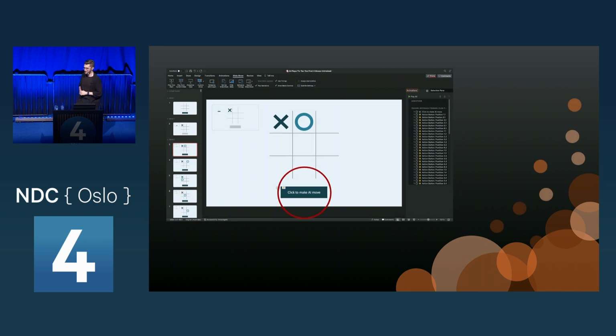Just like the human player, the AI's turn has a collection of invisible shapes. The difference here is that we're utilizing the blink animation so that each one of these shapes is randomly blinking. Another difference is they're all in the same location, just under that click to make AI move. Only one box is clickable at a given time, but it still represents a chance to navigate to another portion